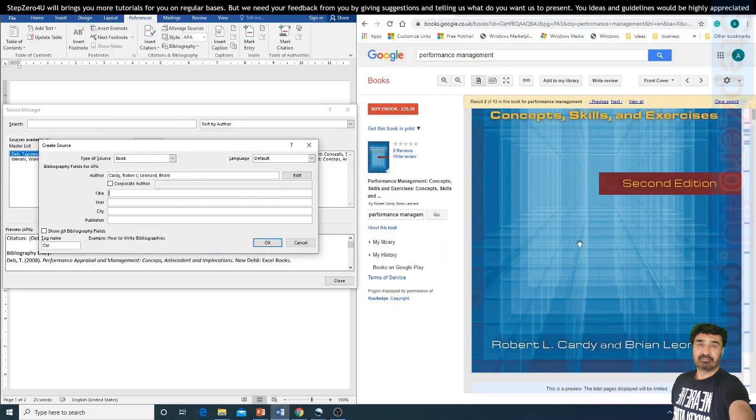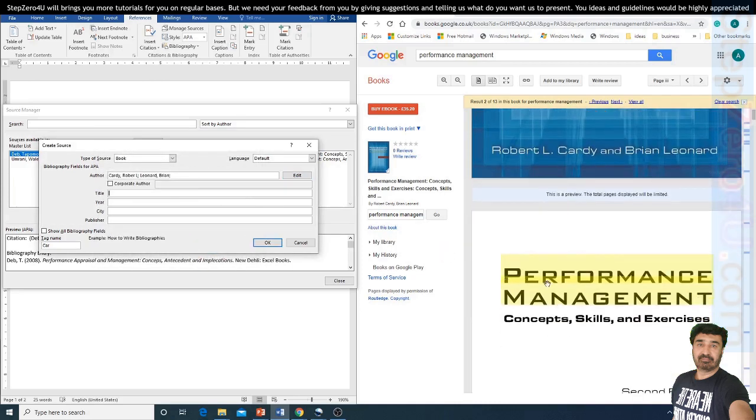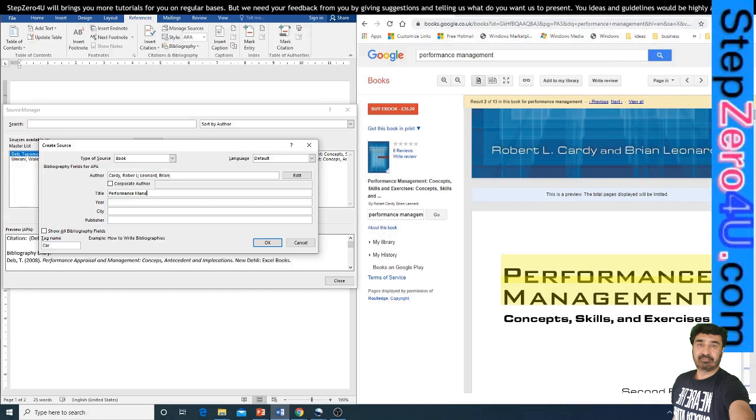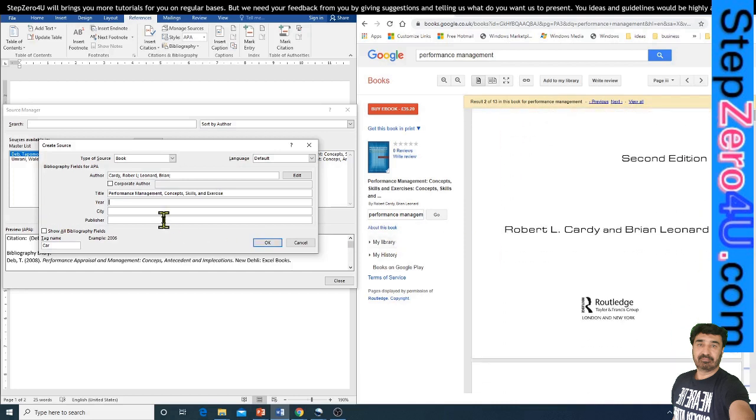Okay, add and OK. Then the title of the book is Performance Management Concept, Skills and Exercise. We will enter that as a title. Then to enter more information, we will scroll down.